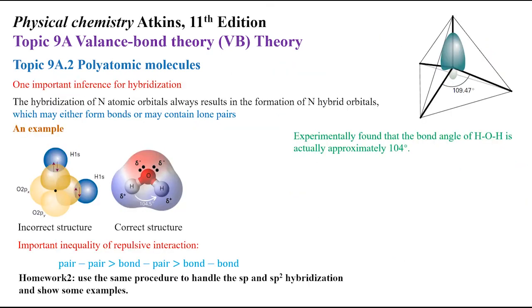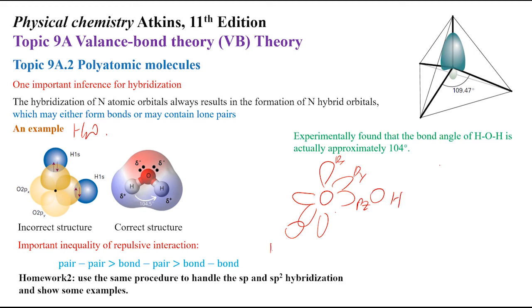Okay, let's look at another example here, and I'm going to introduce one important inference of hybridization. The hybridization of n atomic orbitals always results in the formation of n hybrid orbitals, which may either form bonds or contain lone pairs. A very important example here is water. If we use valence bond theory, we know that the oxygen p orbitals look like this, right? px, py, pz, and these two